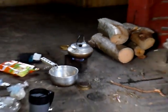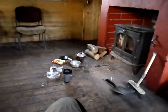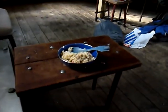Boiling up some hot water for my coffee, which I will have after my dinner. Special fried rice. Can't beat it. I'm in Bob Scott's bothy, and it's absolutely fantastic. All the amenities that one might need, and yeah, so I'm going to get tea here and then blaze on